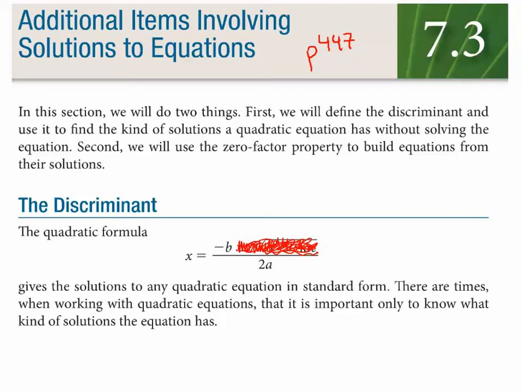Now there's only one answer, right? It's just negative b over 2a. There's no plus or minus in here anymore. So because of that,